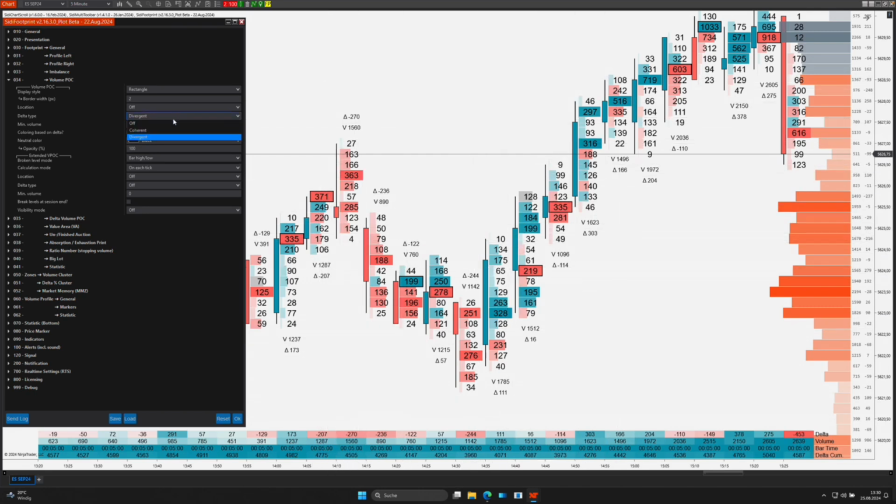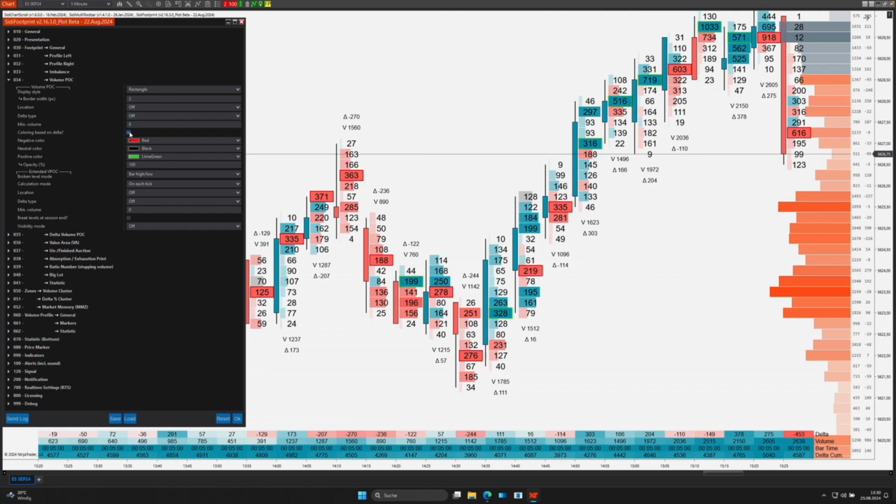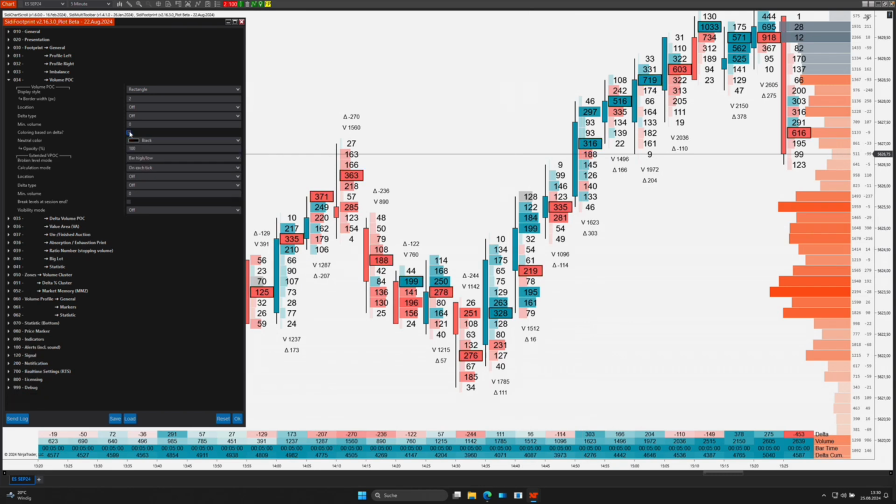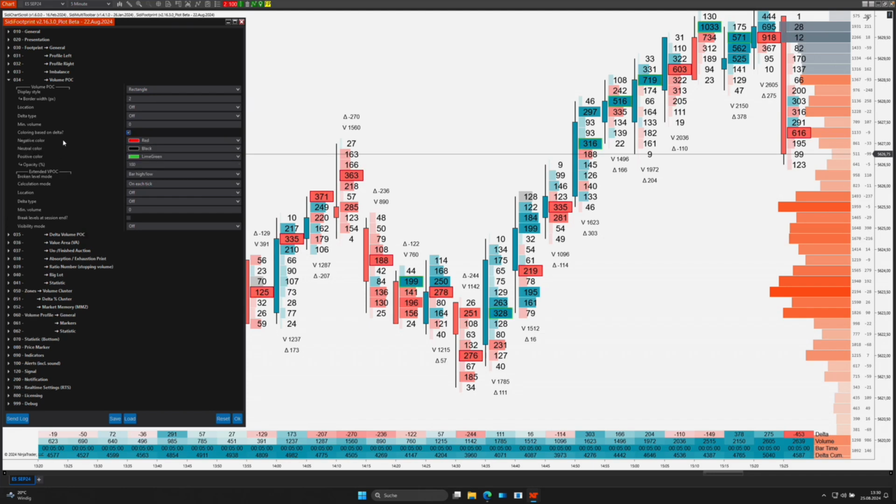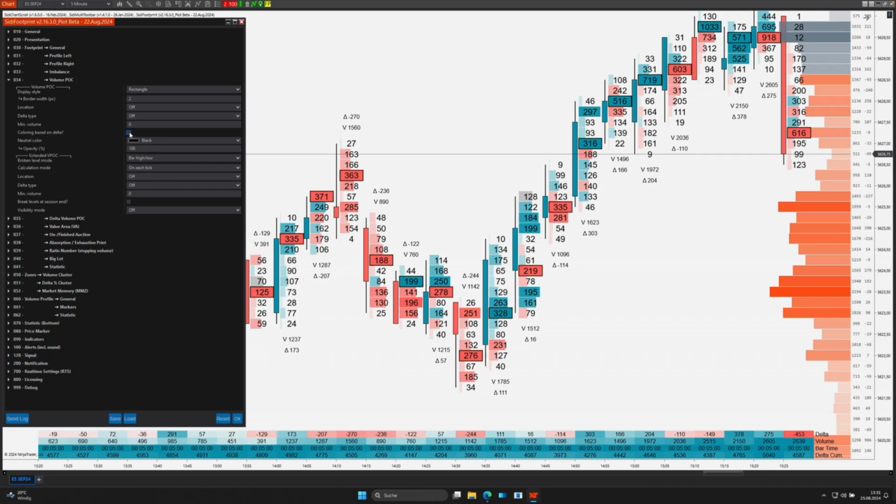This is not taken into account in the configuration of otherwise coloring based on delta. If we switch this on, then we can have the POCs colored separately, i.e. positive POCs and negative POCs in relation to the delta value are then colored differently here. This is also a very exciting function. We have then specified the same thing again as neutral color. This is the basic setting for all, and it is only neutral if we specify the advanced color here, because then it remains neutral, so to speak. So this is the default color.